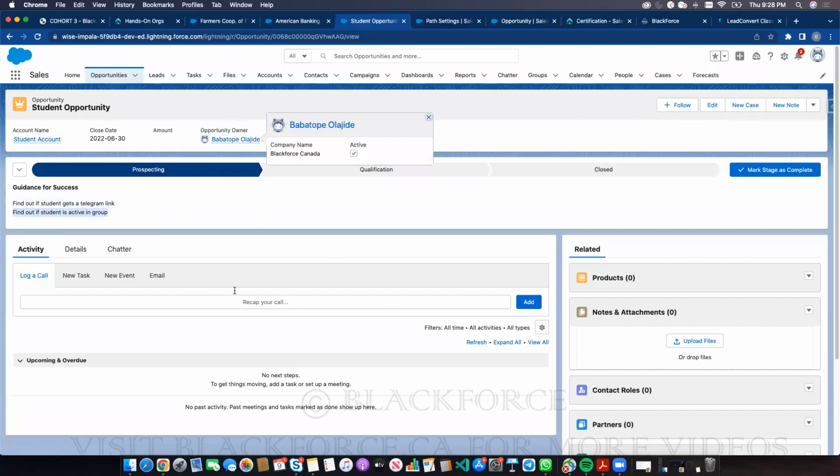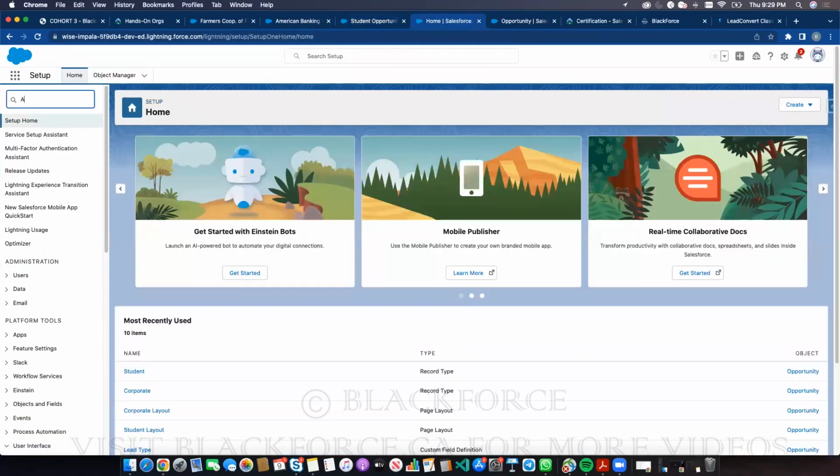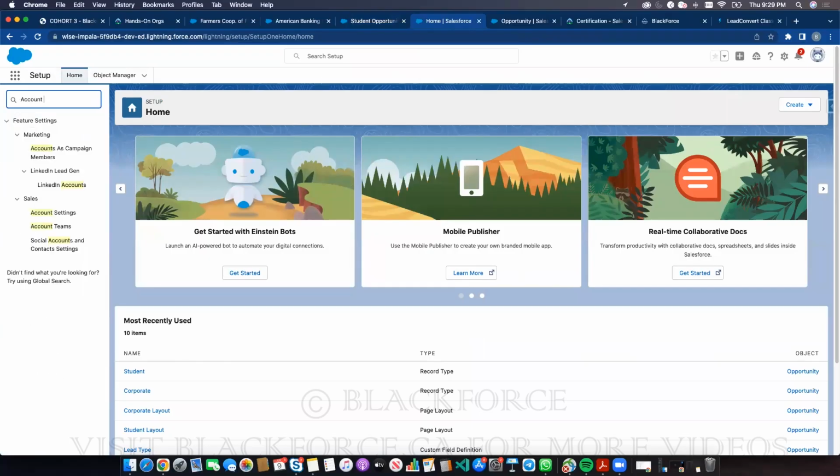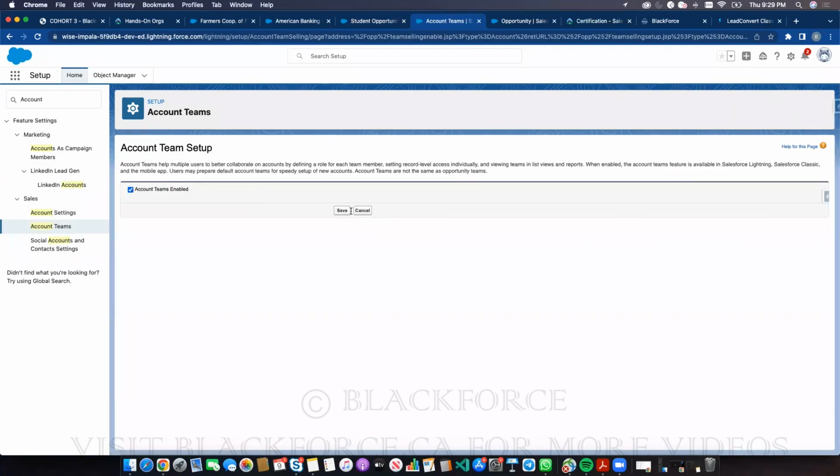Let's go into, we want to go into the teams, okay? Teams and visibility. Yes, the other day you learned about the teams and how you set up the teams. First, you go to account teams, and you enable account teams. Okay, now that you've enabled account teams,